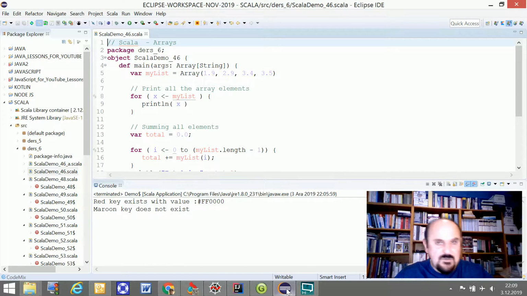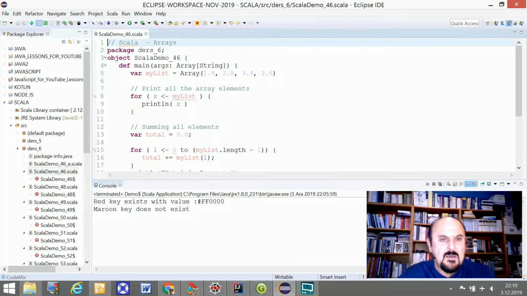As you remember, we are using the Eclipse IDE environment for presenting these Scala lessons. Okay, I have to show you examples with arrays. In fact, I define my list, an array, to include 4 members, 1, 2, 3, 4, and